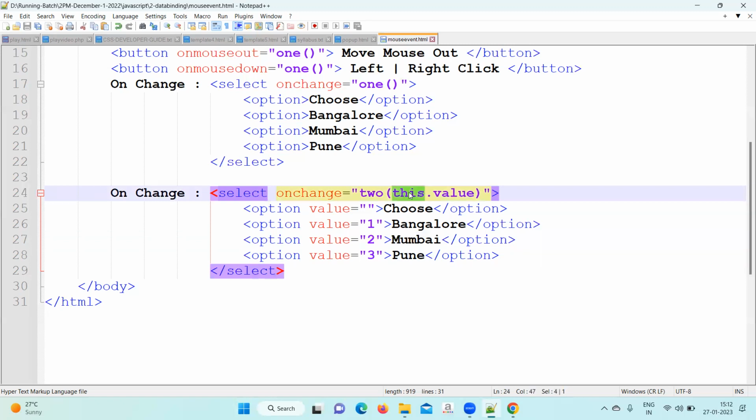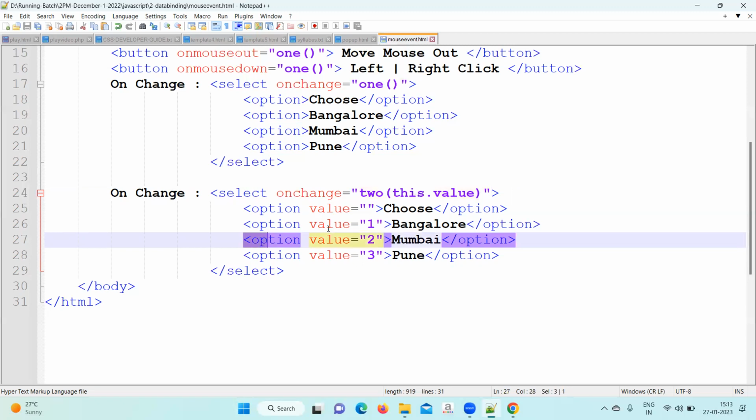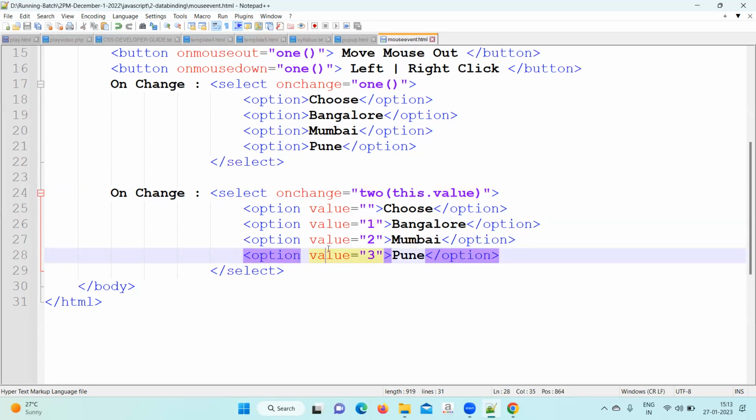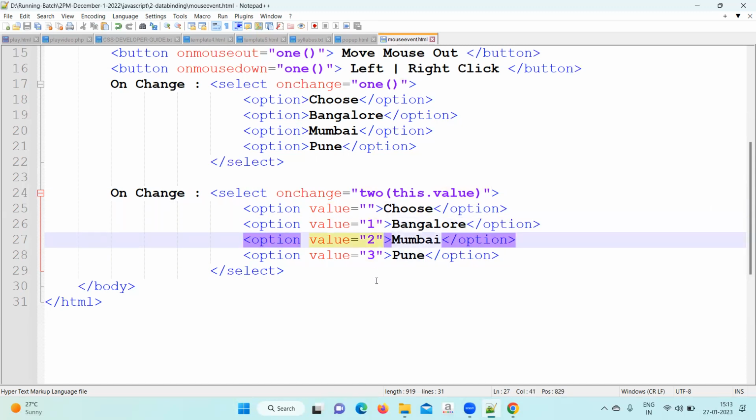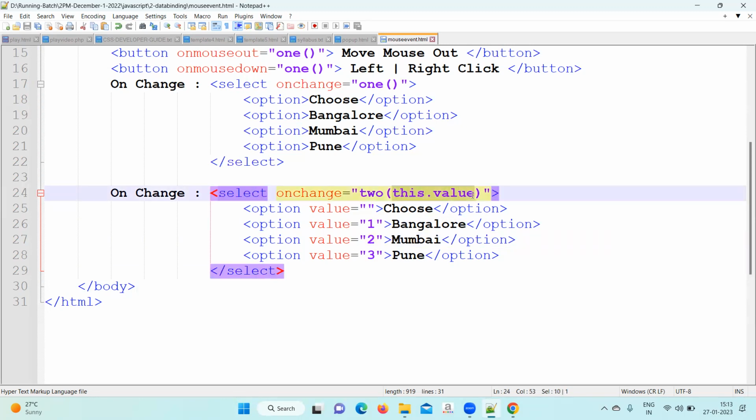That is called this. This means those options that you are selecting. And then this dot value represents which option you are selecting. For that, what is the value? So value equals empty, 0, 1, 2, and then 3. Whichever option you select, the value of the selected option will get captured by this statement, this dot value,